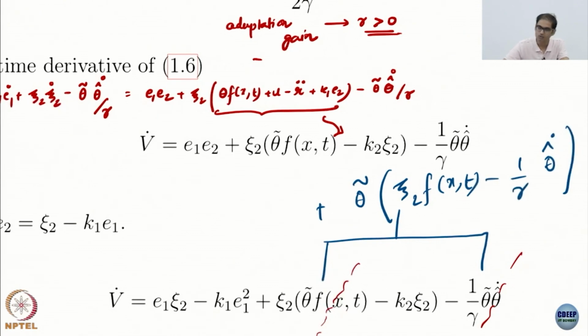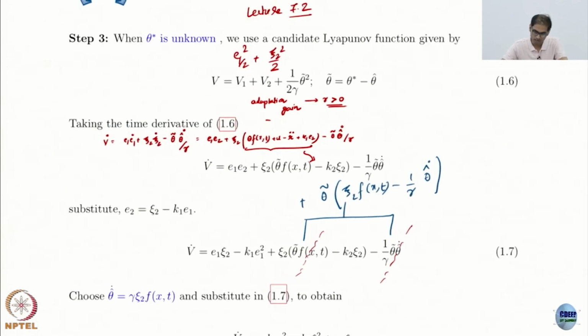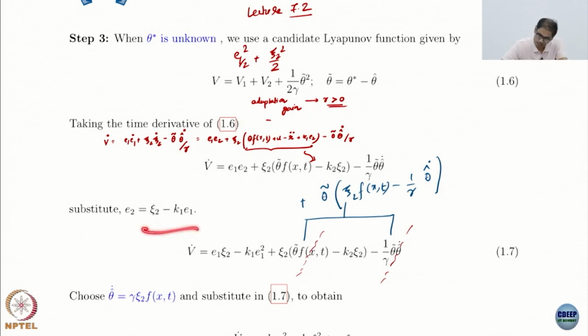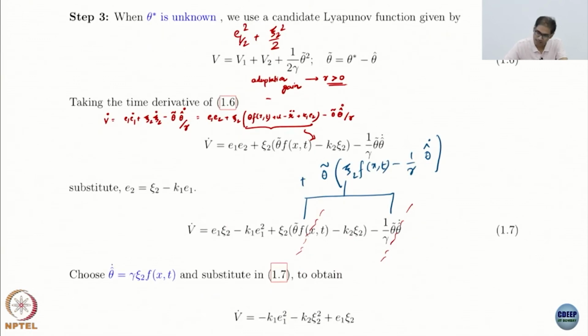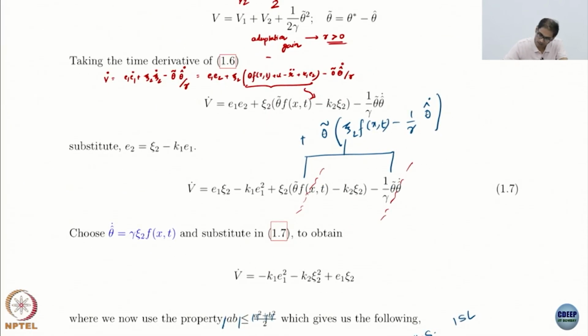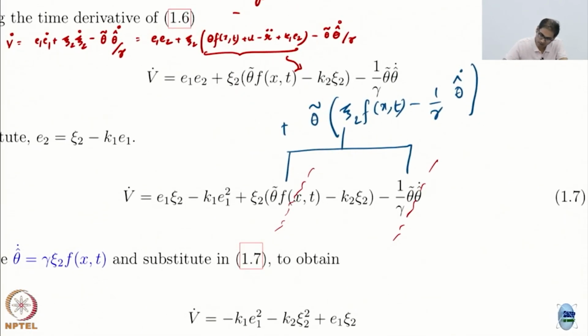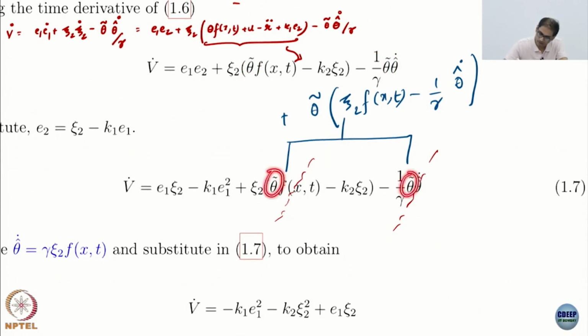So, that is it. From here I go to this step. Now it is not that difficult. I of course substitute for E2 because I want to write everything in terms of the new variables, just like I was doing earlier. So, I am left with E1 psi 2 minus K1 E1 square minus K2 psi 2 square, and I do one more thing. You see that now this term theta and this term both have theta tilde common, so I take the theta tilde common